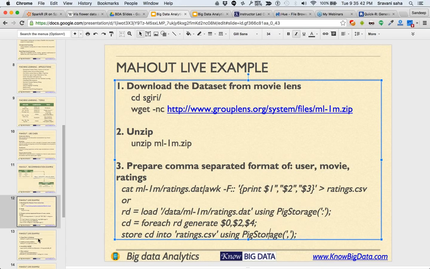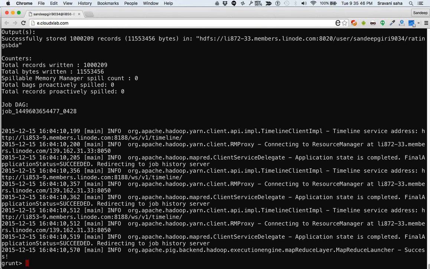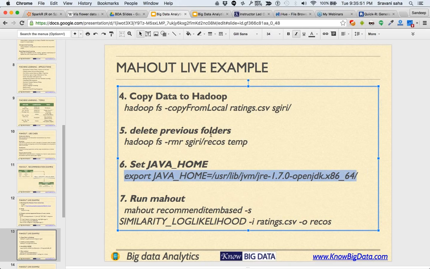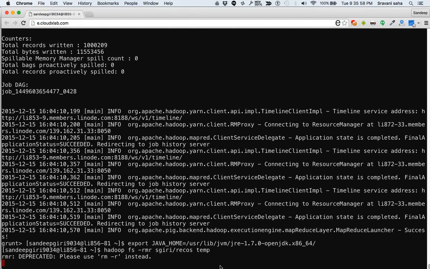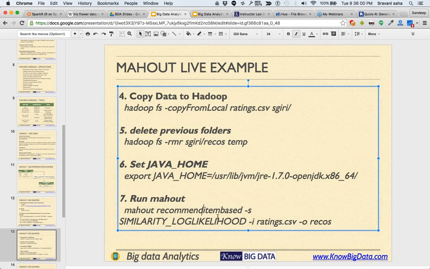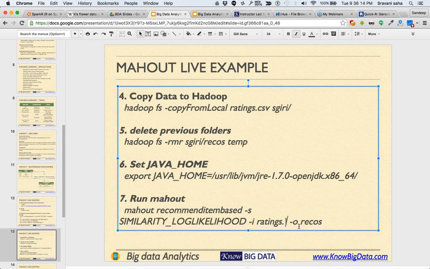Okay, how do we feed it to Mahout? We'll just have to export this. Okay, we exported it, and also we'll delete the old folders from my HDFS because they would already exist. Then we are saying Mahout recommend item based, and then this is the algorithm, and this is the input file. You can see input here, we'll say